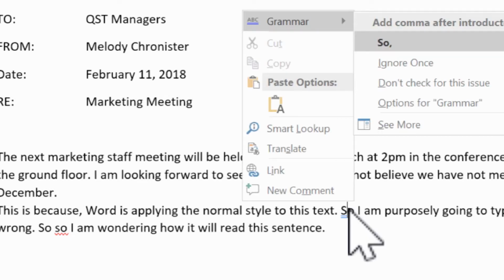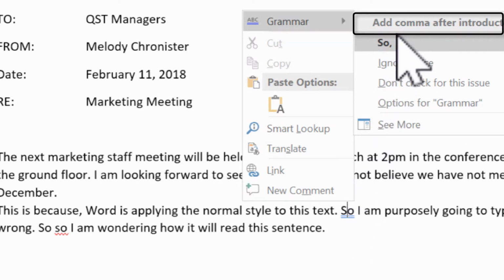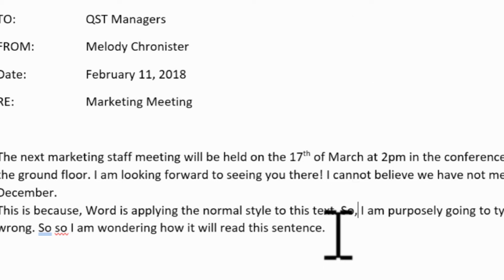So if I right click on the word so, it wants to add the comma. It says add comma after introductory element. Oh, they're right. I did miss that comma. So if I click on this, it will add that comma, and now that sentence is beautiful. Here it's noticing a couple things. It's saying, okay,